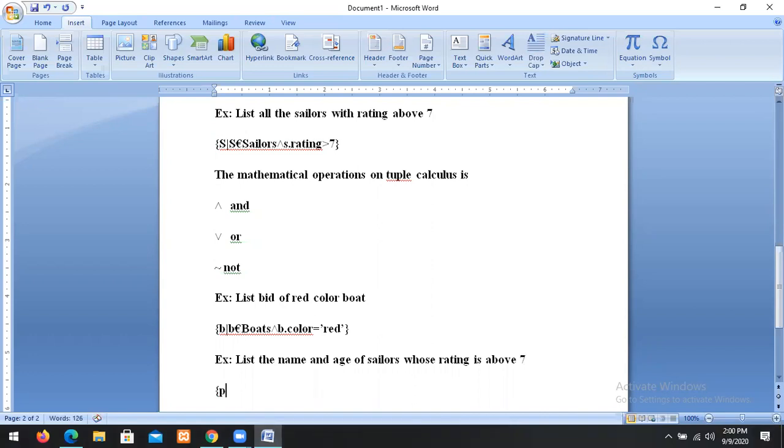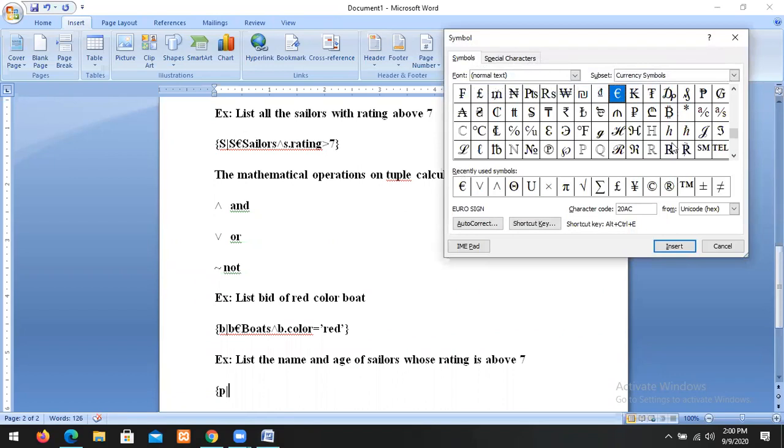Here P is the predicate, P is the tuple variable. So I will take another variable. S is another variable, which there exists. Not one more operator here, one more symbol is there. Actually there are so many symbols required, that is the problem.